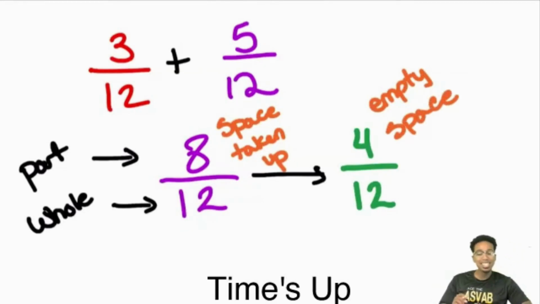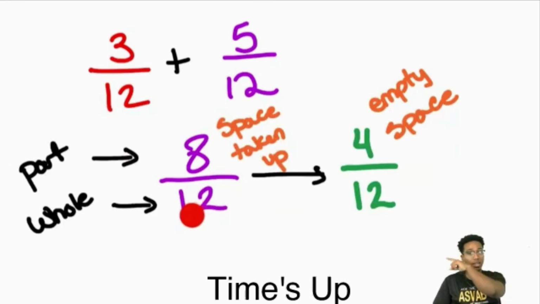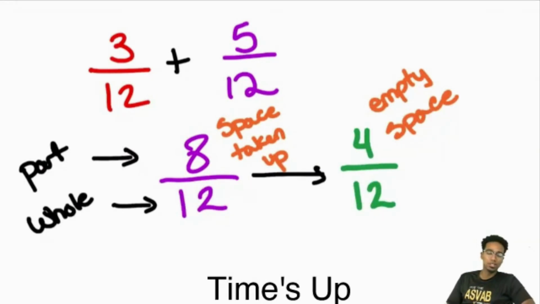Again, the idea here is the 12 is the whole, the 12 is the entire thing. So if I draw grid blocks to represent my room, and I can cover the room with 12 blocks, 8 of those 12 squares are taken up. That means 4 of those squares are not taken up, or empty. And so you have 4 over 12 as your final answer, but you may have to simplify because 4 over